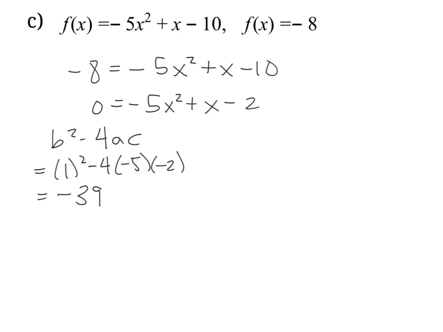Alright, so when you set the equation equal to 0, you're going to get a discriminant of -39, which means if we were to throw this under the square root sign in the quadratic formula, we wouldn't get a solution at all. So this means that these two functions don't intersect at all, so this function can never equal -8. So therefore, there are no real solutions